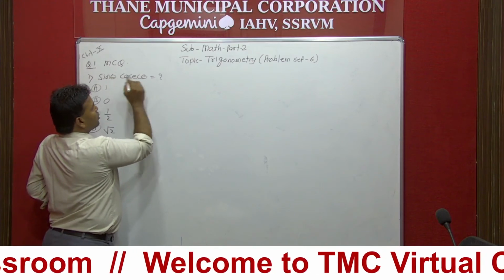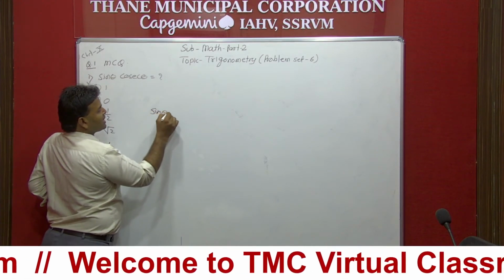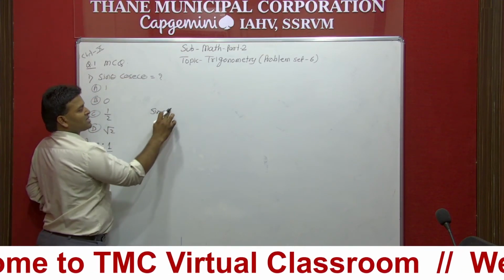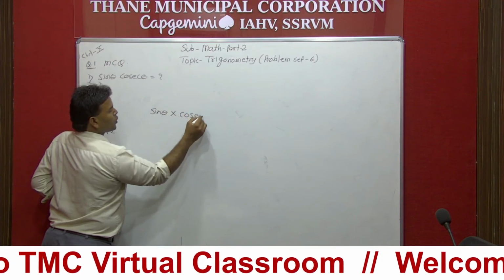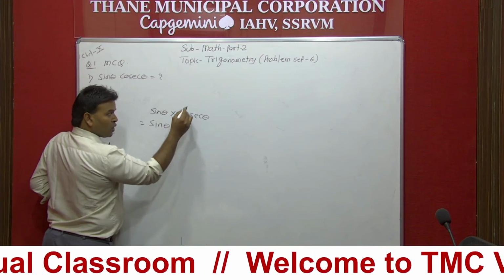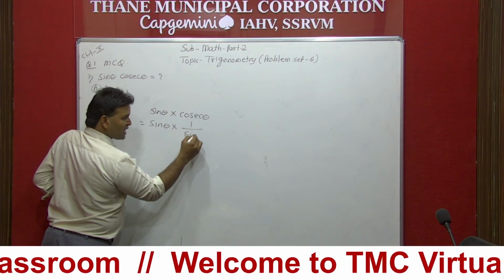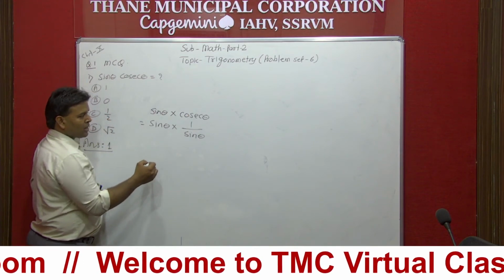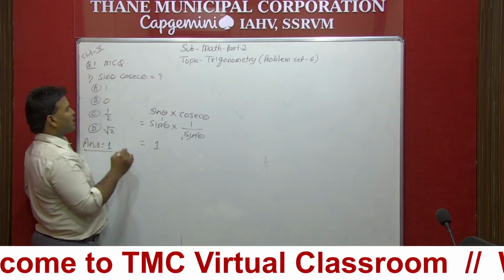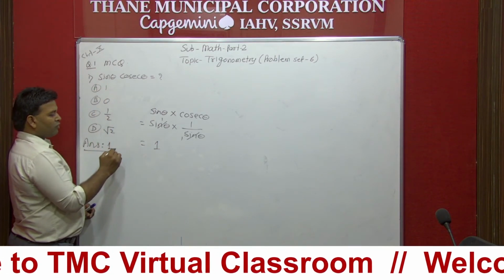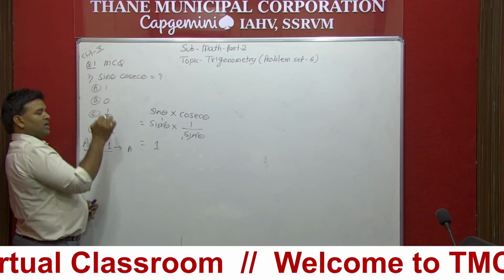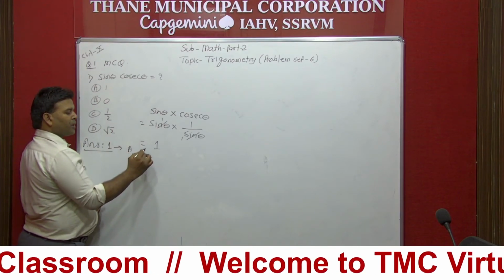Now see, first we will see the solution of this one. Sin theta — we don't have any dot or multiplication, it means that this is a multiplication sign. So multiply it with cosec theta. Now see, the opposite of sin theta into cosec theta is sin theta. If I write sin theta here, what happens? It will get cancelled, and finally this is going to be 1. Here the correct answer is A. You have to write down directly A, and that is your perfect answer.